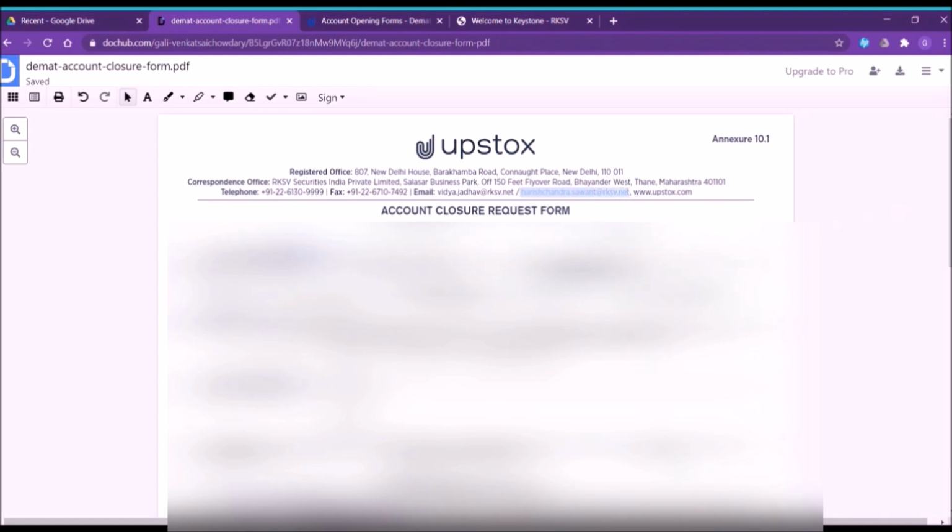After posting by any courier, you have to email them the soft copy which is saved on your desktop, and the details of the courier partner through which you have posted.